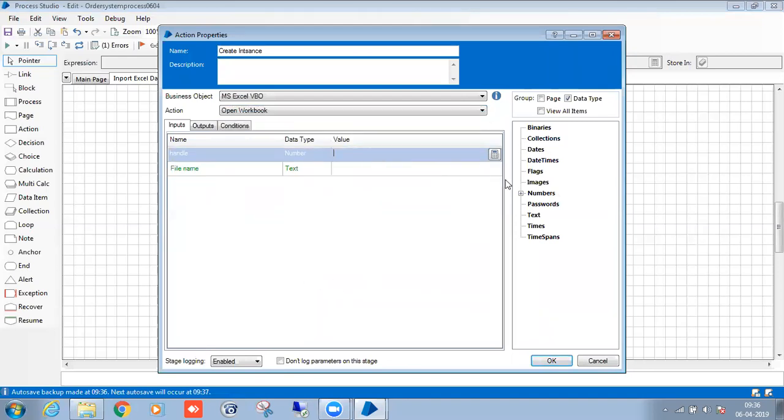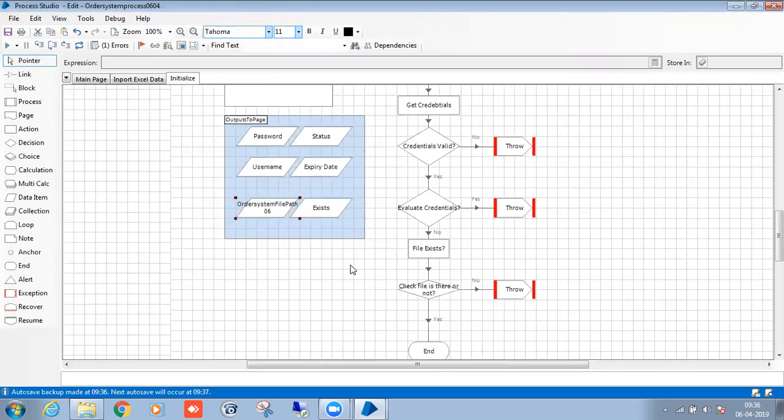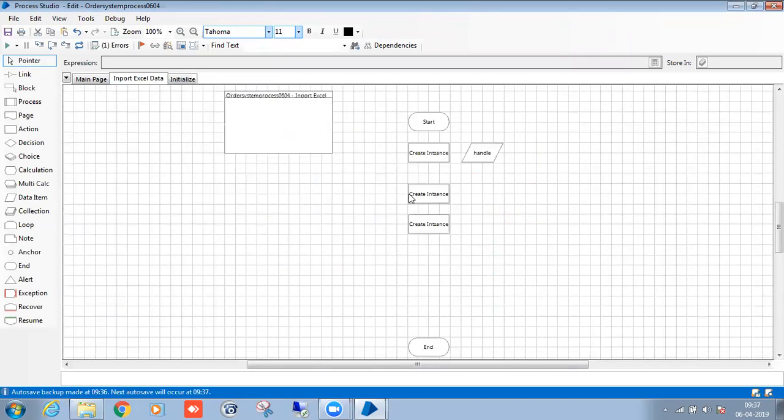Then open workbook, which needs the file path. We have already taken this file path here, so I can copy paste it.